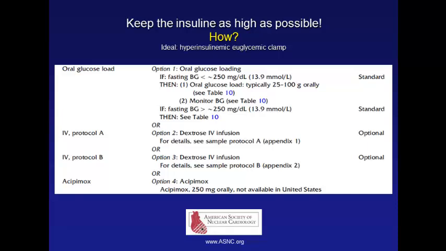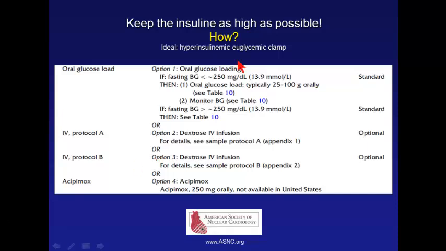In healthy patients, you give glucose, insulin goes up. In diabetics, you give glucose, insulin doesn't go up, or is resistant. You have to give insulin. We would like to have very high insulin. So here are the protocols suggested by the American Society of Nuclear Cardiology, and there is the